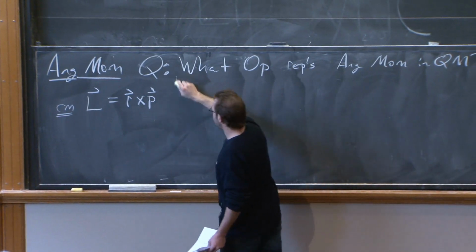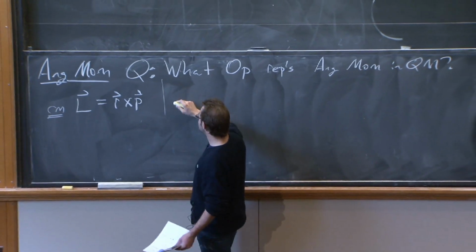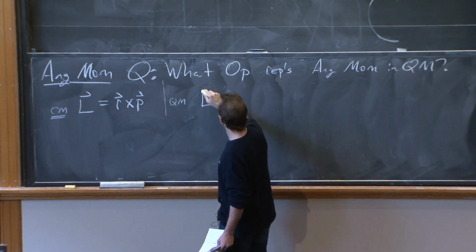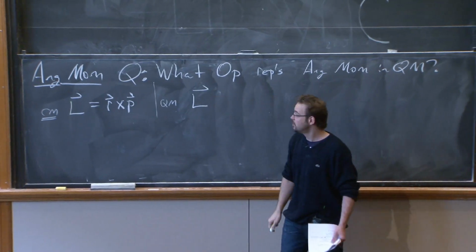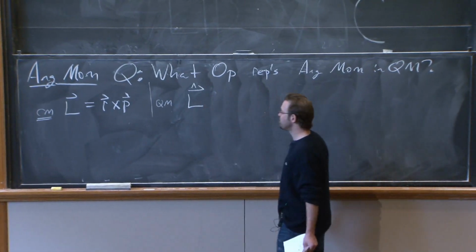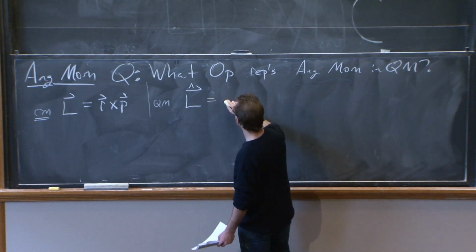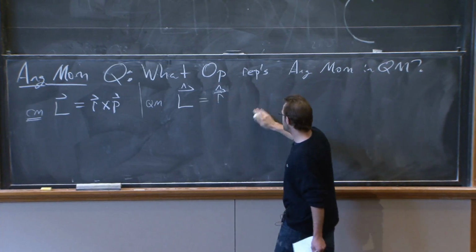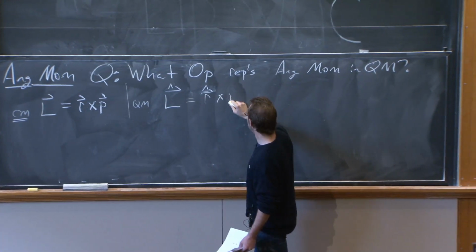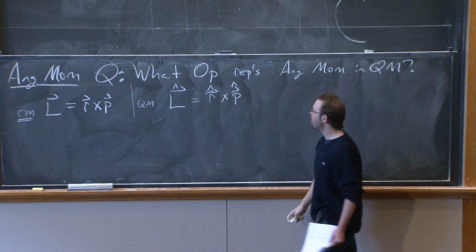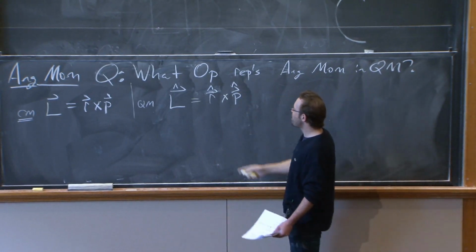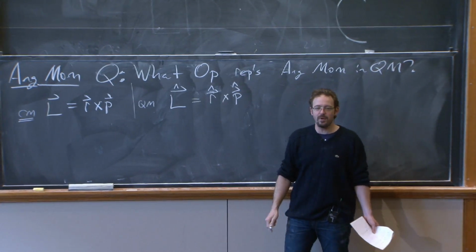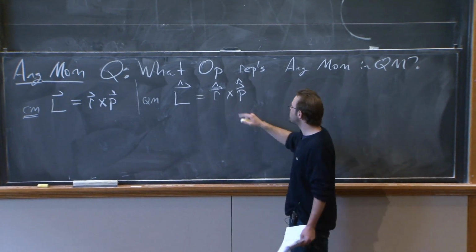So let's just try this. Let's construct the operator. This is not the world's most beautiful way of deriving this, but let's just write down a natural guess for what the operator is in quantum mechanics. Well, we want a vector's worth of operators, right? Because angular momentum is a vector. It's a vector of 3 operators. And I'm going to write these as r vector, the operators x, y, z, cross p, the vector of momentum operators. So at this point, you should really worry, because do r and p commute? Not so much, right? However, the situation is better than it first appears.